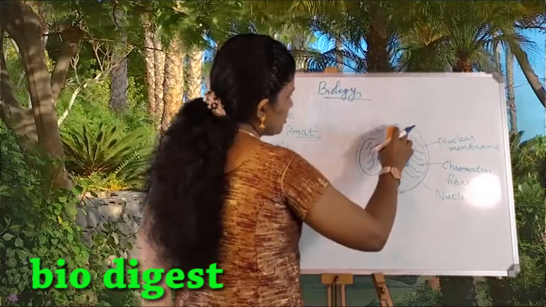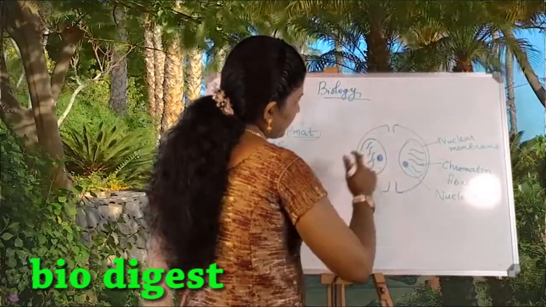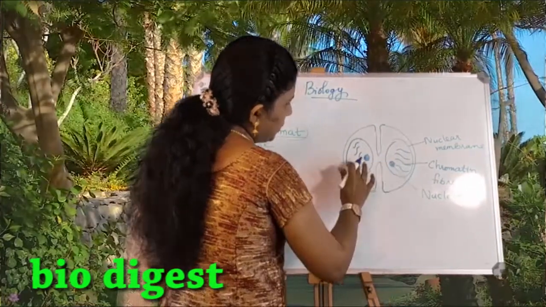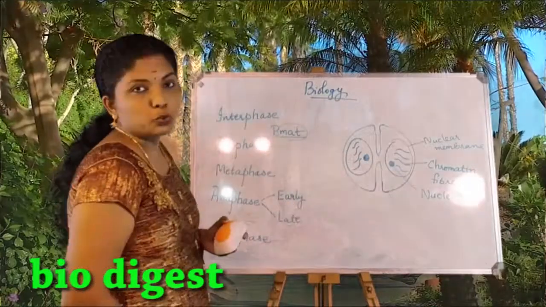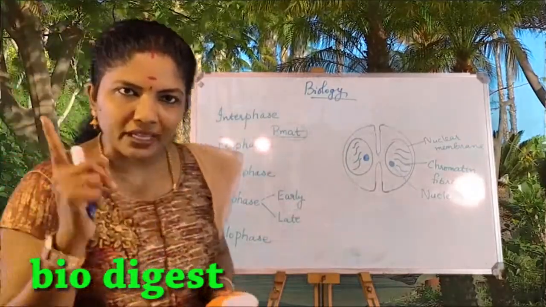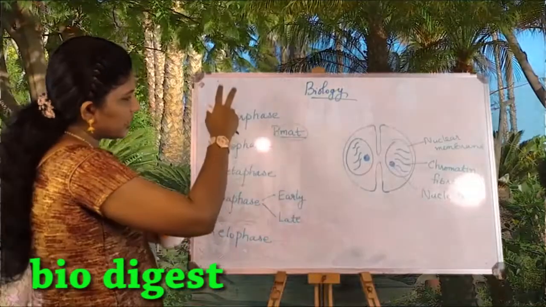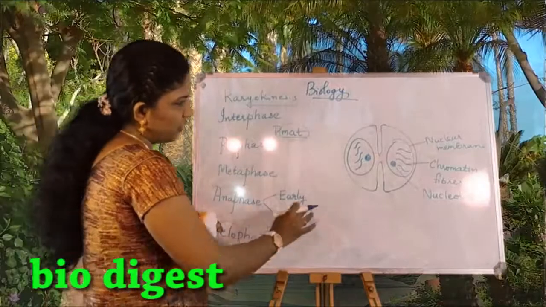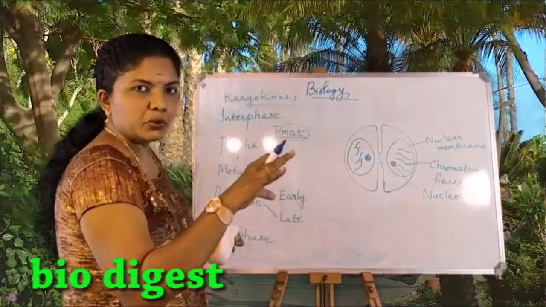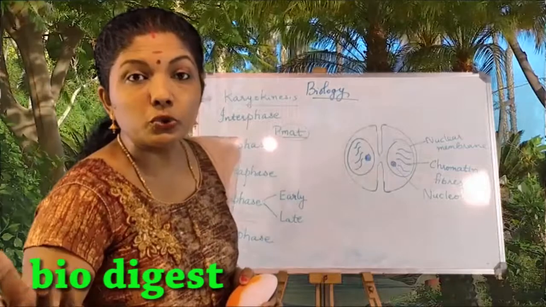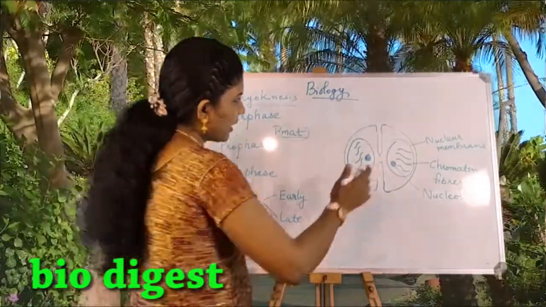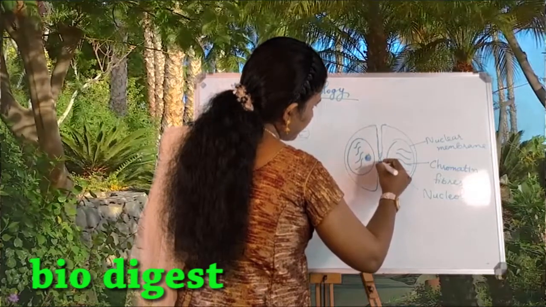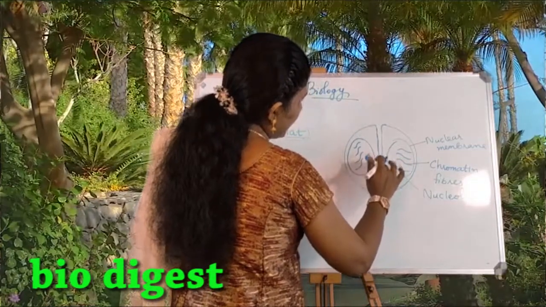Now what happens? This furrow, this will be deepening. Now you can see that the nucleus is actually divided into two. Okay, there was only one nucleus when the cell division, that actually the nuclear division began. So when the cell reaches telophase stage, you can see that the single nucleus that was present, it will divide into two nuclei. Now what happens is that the furrow that was there, it will deepen further. Okay, like this. Resulting in the division of